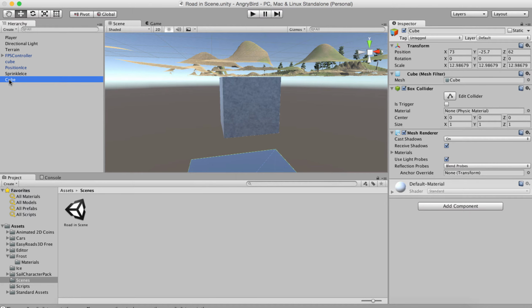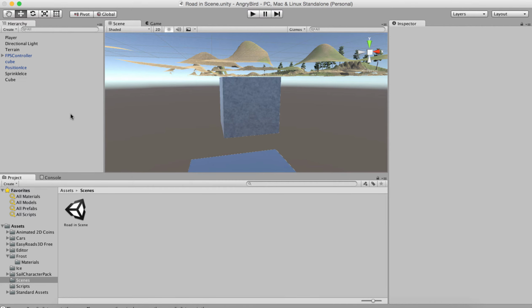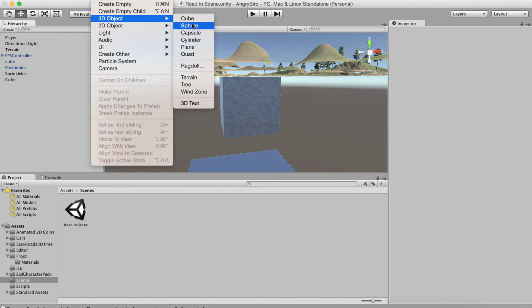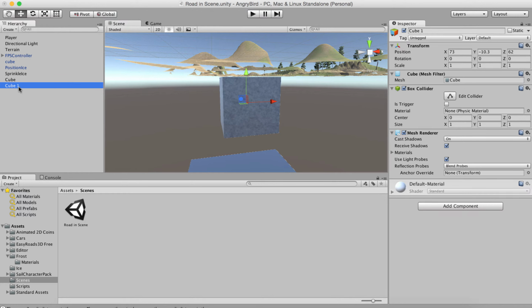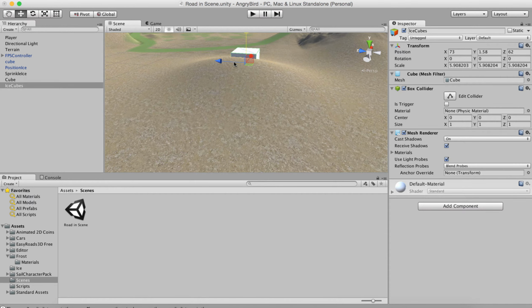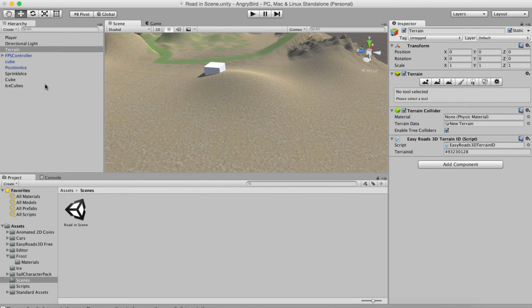Let me just create new ice cubes over here. I'm gonna call them ice cubes. This will be the original object I will be creating, and this is my ice cube, and it should be looking like a cube, like this. So it's a cube basically. So I create this ice cube,